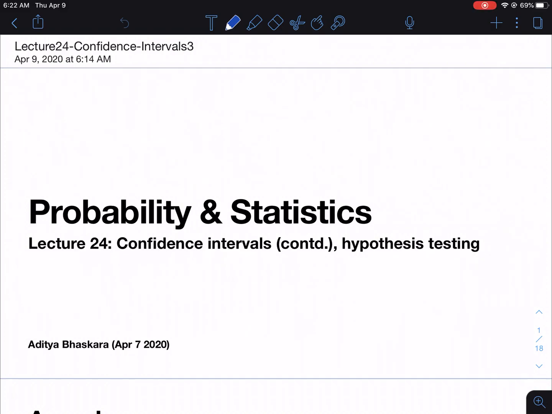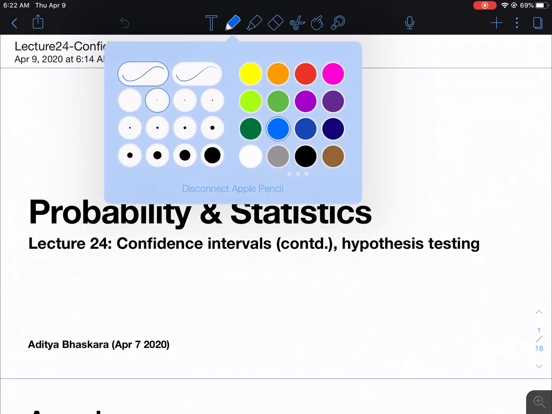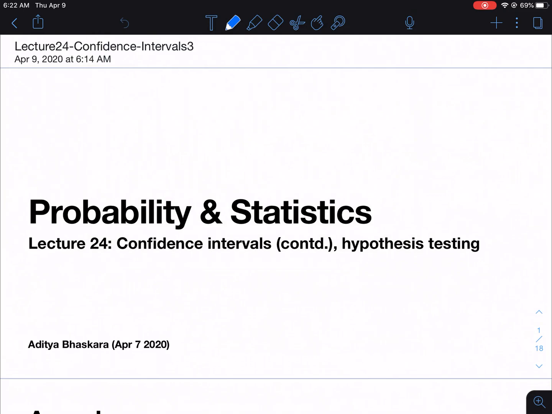Okay, so this lecture will be about confidence intervals. We'll do a quick recap of everything we've been doing so far, and we'll also cover this notion of hypothesis testing, which is another of these very important aspects of statistics. And we did confidence intervals last week. I wanted to recap and go over a little bit more examples of confidence intervals and the kind of